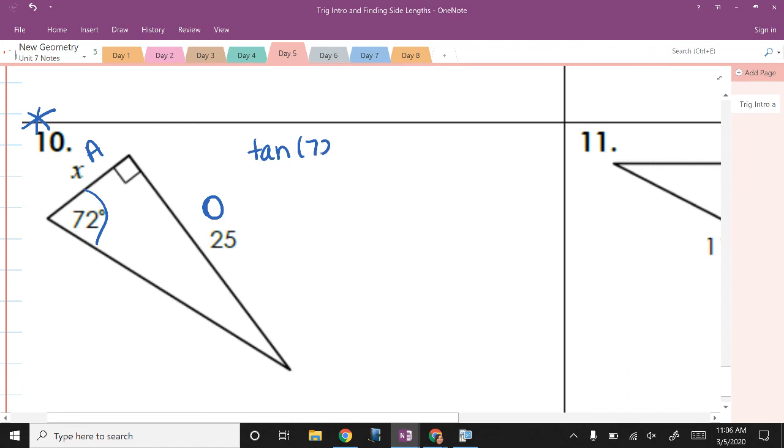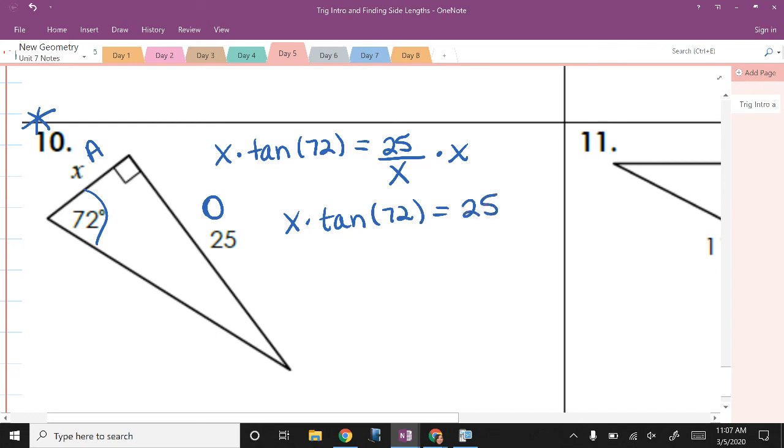So tangent of 72 degrees equals opposite over adjacent, right? What is opposite? 25 over what's adjacent? How do we get x out of the denominator? Multiply by x on both sides. So x times tangent of 72 degrees equals 25. So how do I get rid of tangent 72? Divide by tangent of 72 degrees. And my calculator,